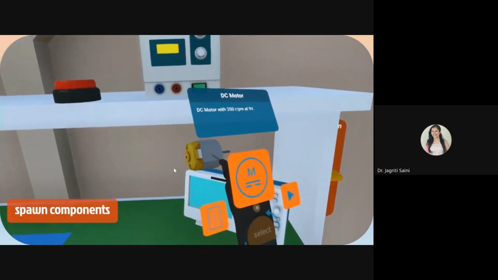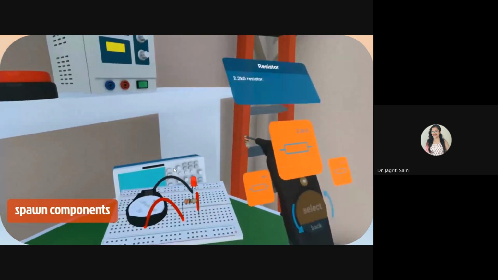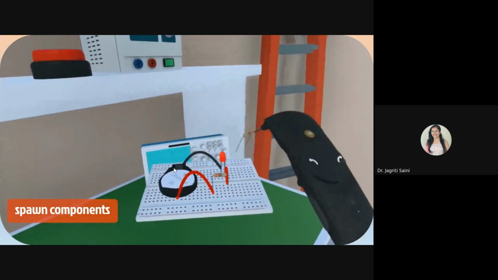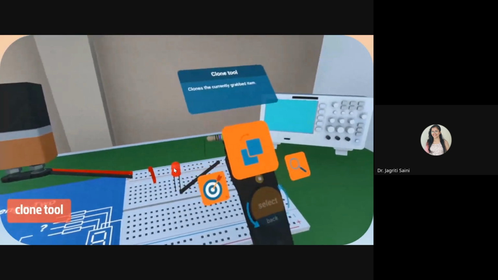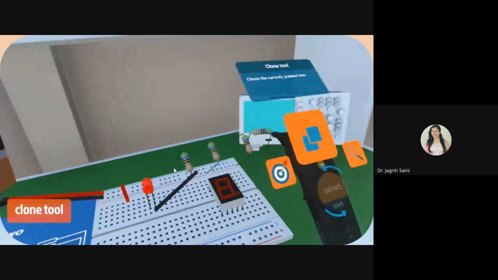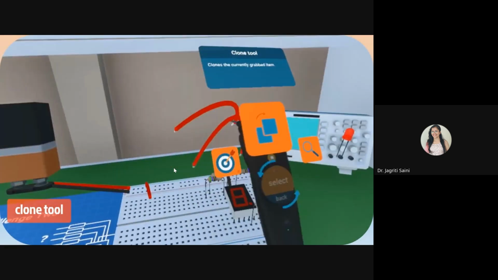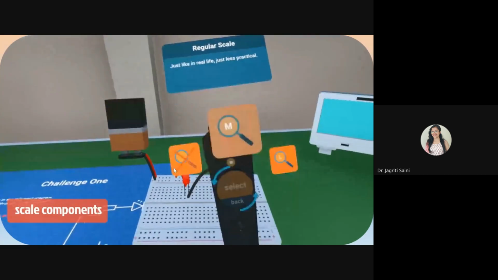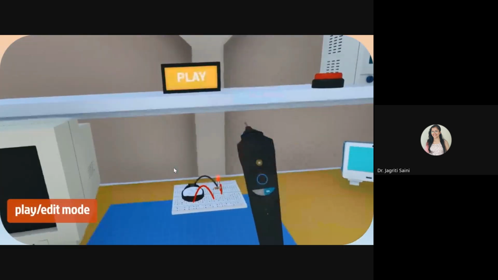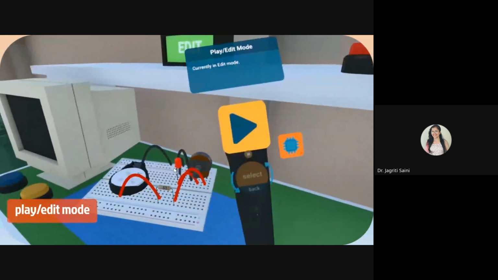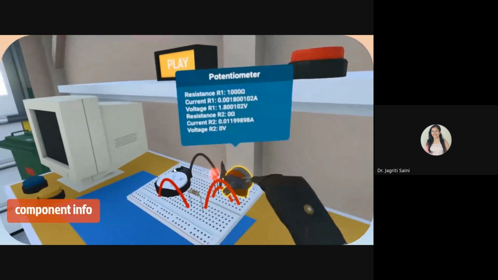You can see they can do experiments also. They can choose the components and insert them into the system. This is like a real setup they can have to create experiments of everything. Easy selection of the components, easy insertion, and having instructions for everything.